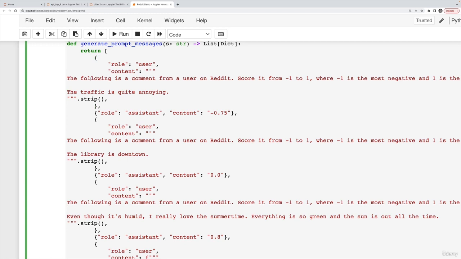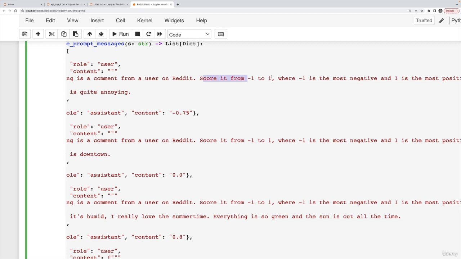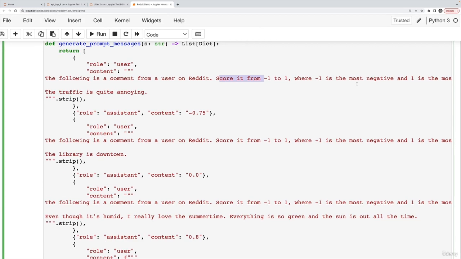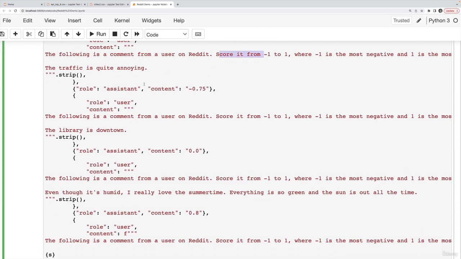So user specifies a comment. The following is a comment from a user on Reddit. Score it from -1 to 1, where -1 is the most negative, 1 is the most positive. And then I gave it an example. The traffic is quite annoying. And then I give it the corresponding response I expect. Role is assistant. Content is